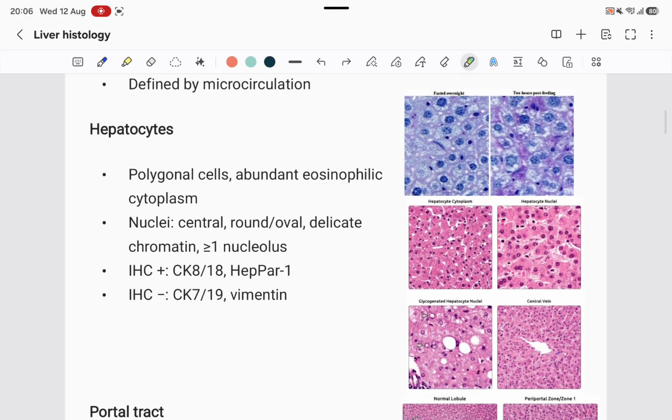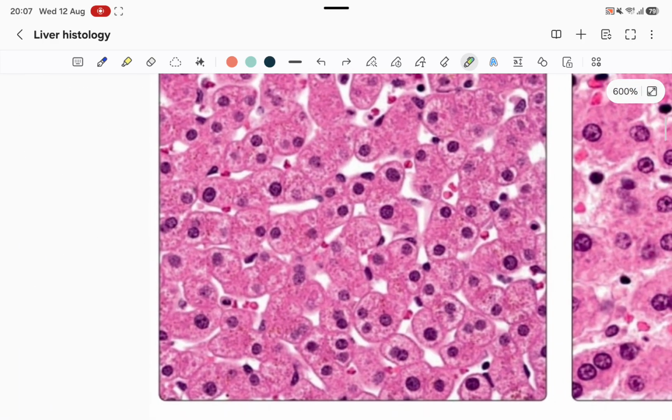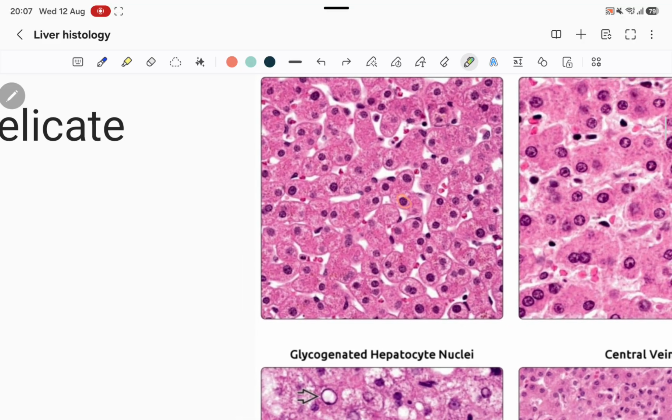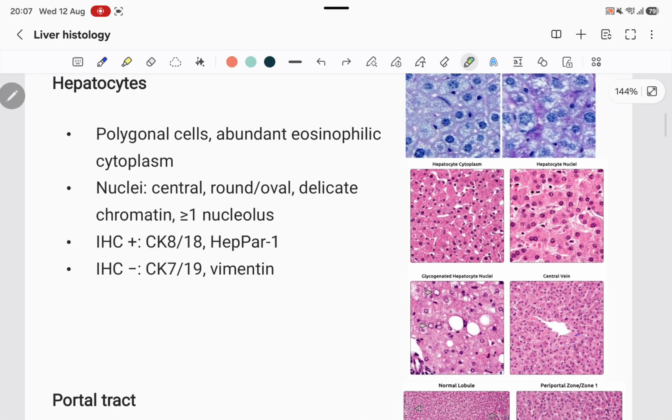Okay, then we've got the hepatocytes. Hepatocytes are amazing cells which are the bulk of this organ. They have so many things. What do they look like is what concerns us here. As you can see in here, they are circular shaped, polygonal, almost like an oval shaped cell. In its center you've got the nucleus, which can be circular, round, and it could be